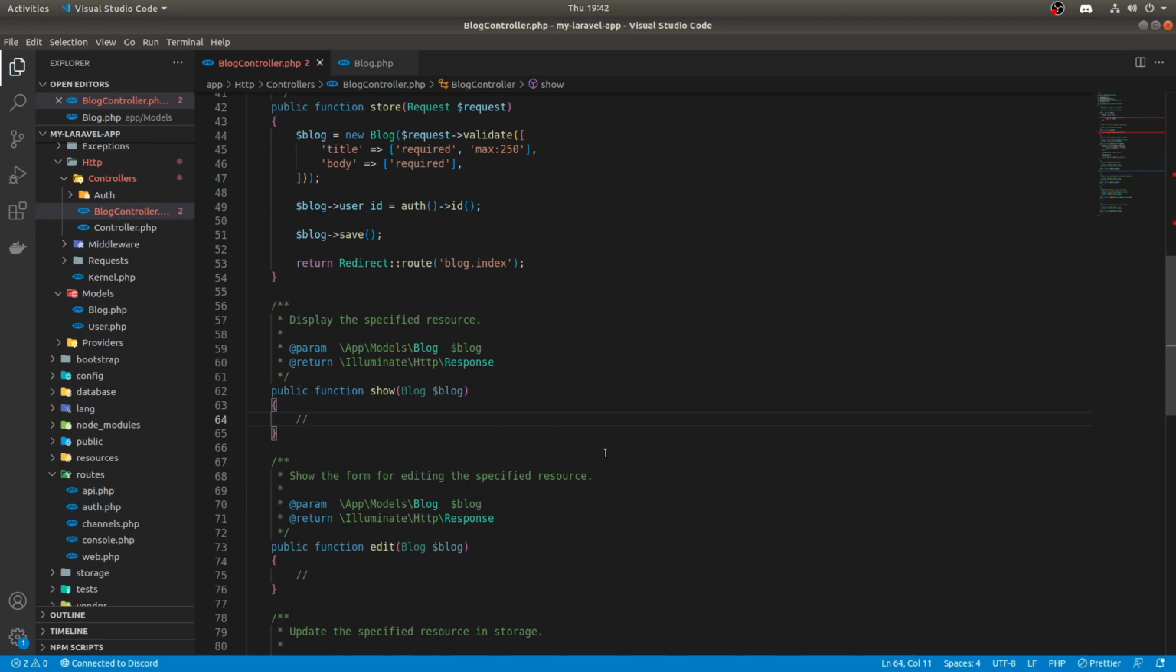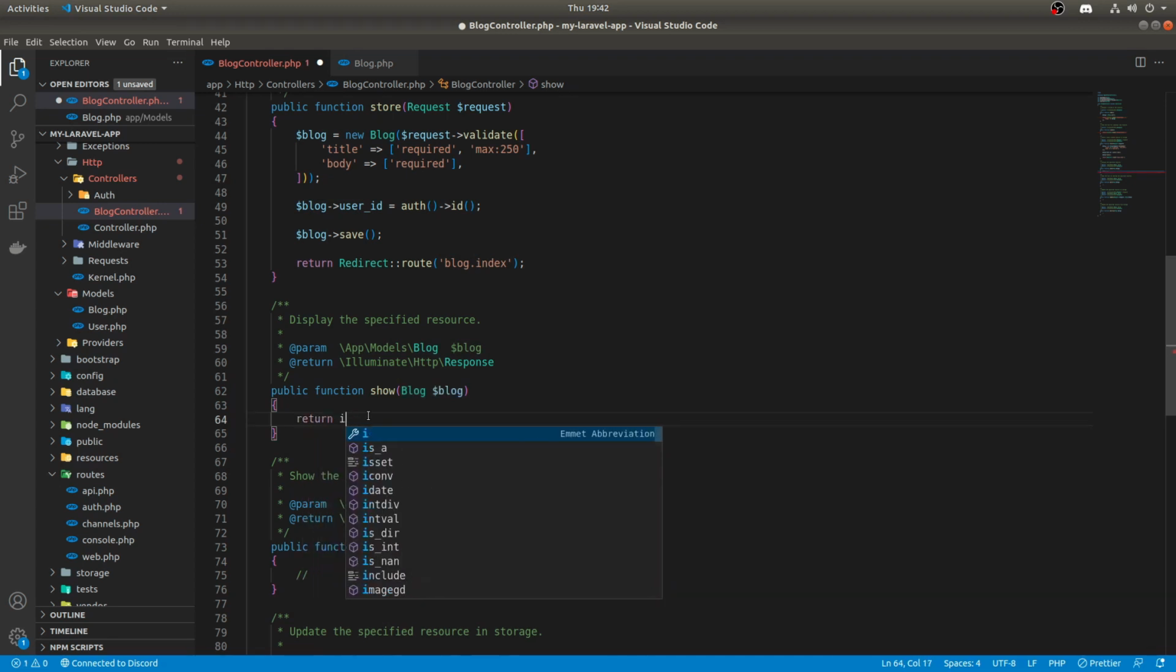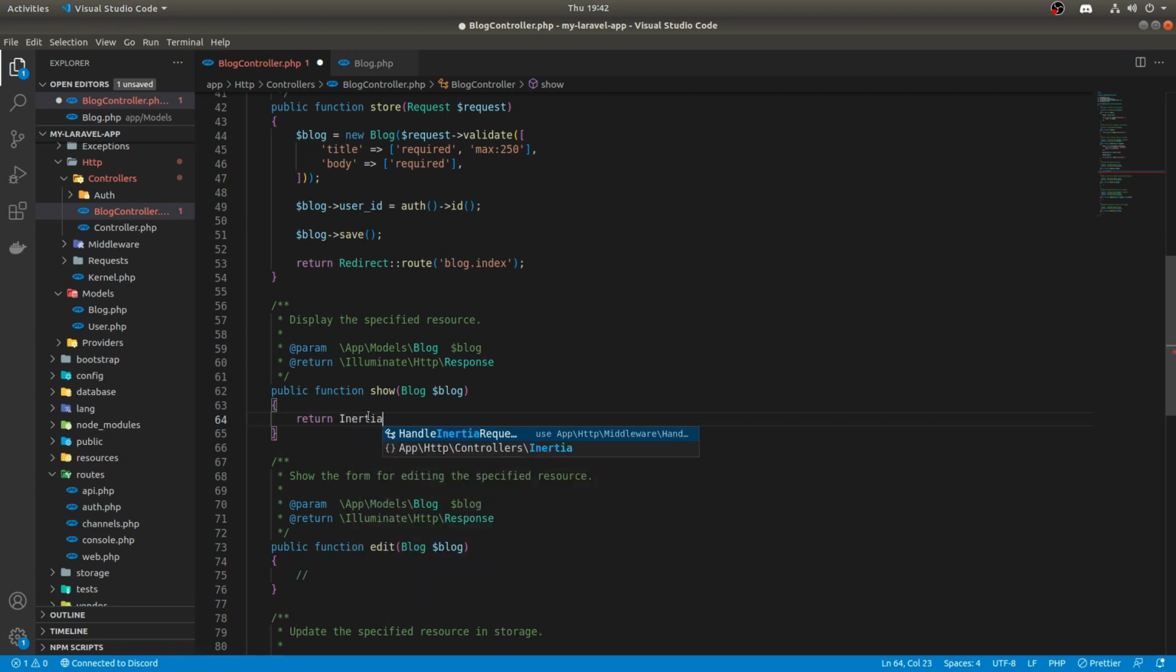Show's going to be the same thing. So because we've already got the blog here, what we can do is return inertia render, and it'll be blog/show. I don't know if I'm actually going to add this, by the way. I'm just going to do the back end for this and then the front end for create and stuff. So blog show,